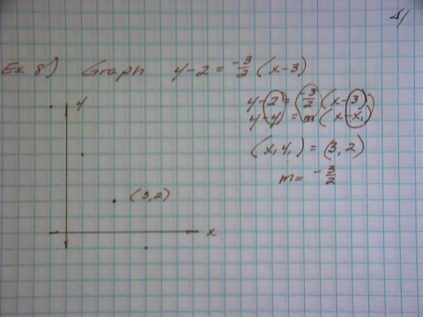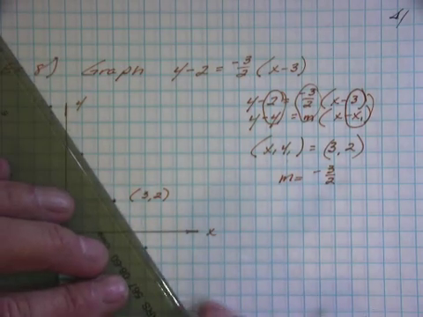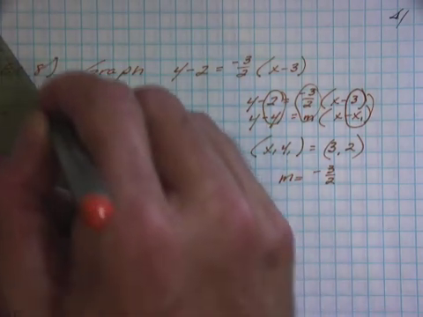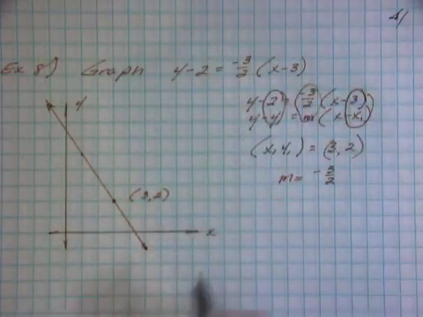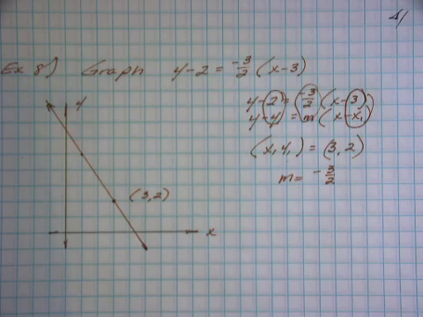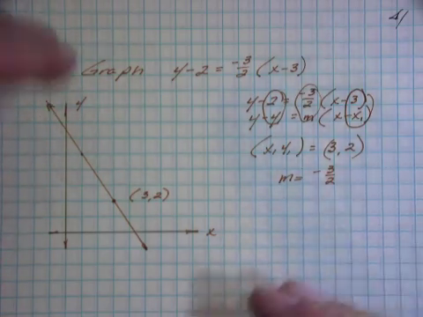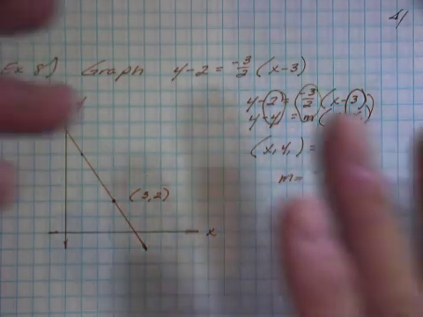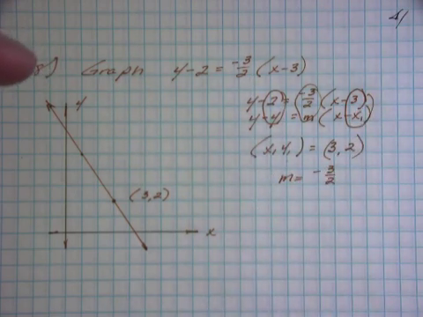Well, I'm going to start with my known point. Over 3 up 2, so there's the known point, 3, 2, and that's my starting point. So from there, I'm going to run down 3 over 2, or I can go up 3 and left 2, up 3 and left 2. And if I can find my straight edge, I can graph that line. So that's how you take an